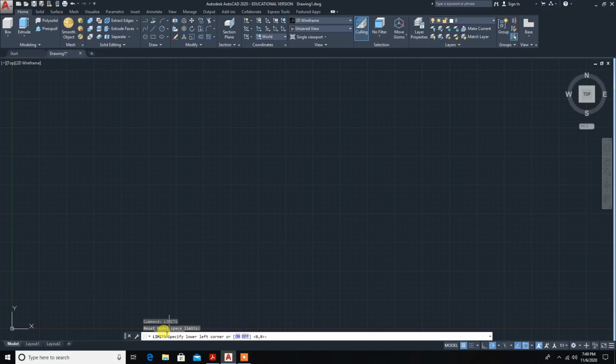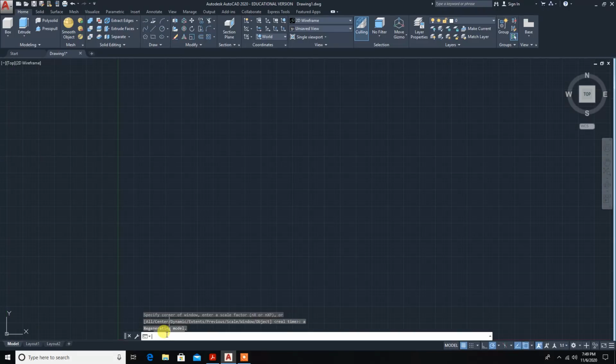So left hand side corner 0,0, enter. Now right hand side corner, the landscape A4 sheet, 297,210. So limits are over. Next zoom, alt A, enter. Now basic settings are over.